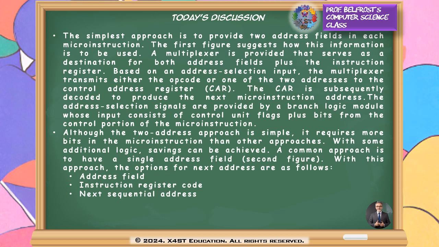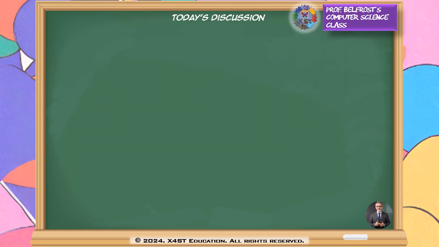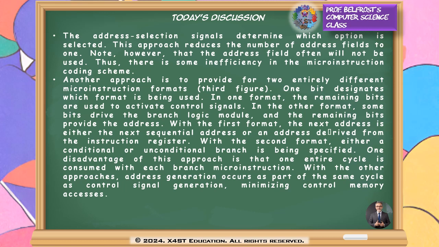Actually, we can do some saving by adding some logic, and the common approach is a single address field, which is shown in the second figure. The options for the next address are as follows: first is the address field, second is the instruction register code, and third is the next sequential address. The address selection signals determine which option is to be selected, and this will reduce the number of address fields to one. But this is often not used because there is some inefficiency in the microinstruction coding